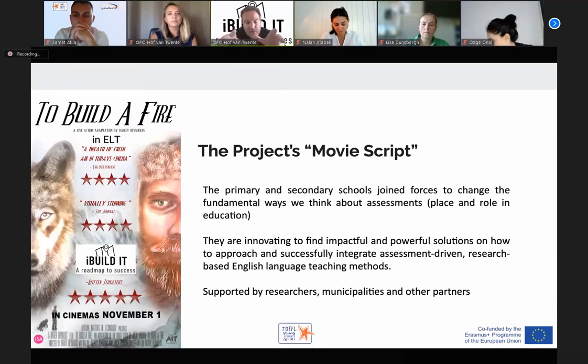And it depends all the time on what is your situation and what are your possibilities, what are your options, how many hours of English do you teach, what are the goals from the curriculum, for example. So we're finding these solutions to, in the end, successfully integrate this assessment-driven and also research-based English language teaching method. The whole project is supported by researchers from the USA, from Princeton, ETS, the municipalities, and some other partners. But I'll get back to that later.